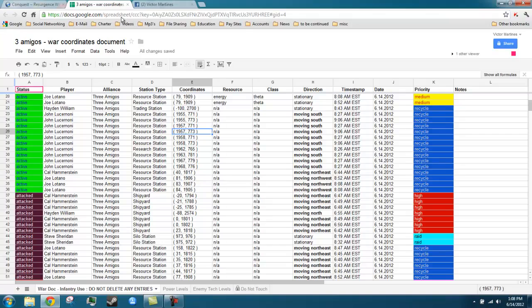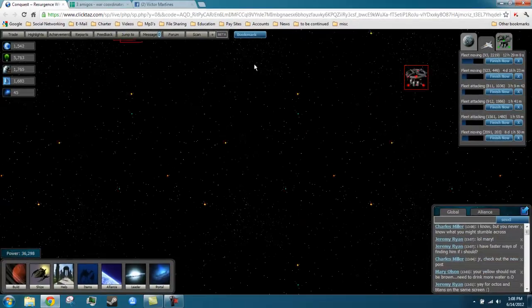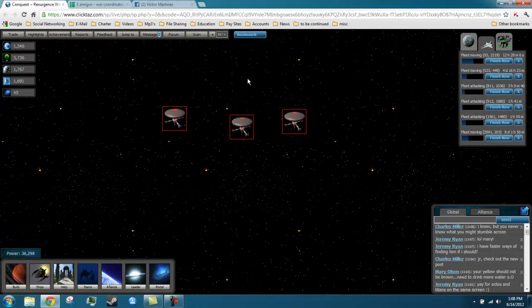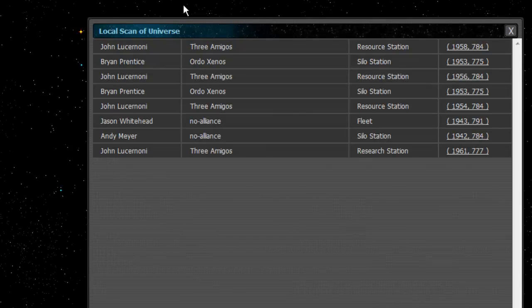And we don't. We don't see a resource station. But we know that it's moving south. So you just click and hold the mouse, look down, and sure enough, we found John Lucernoni. We found his resource station, plus we found two more. And we also found a research station. Now the beauty of the program is,